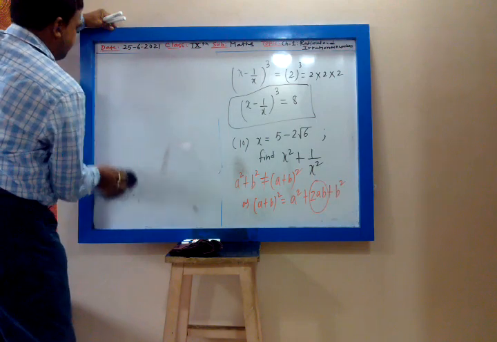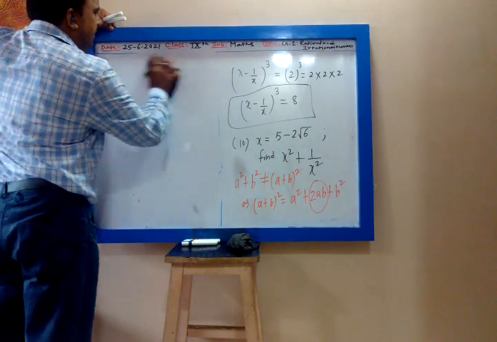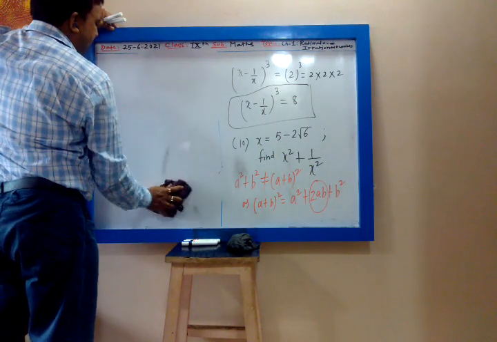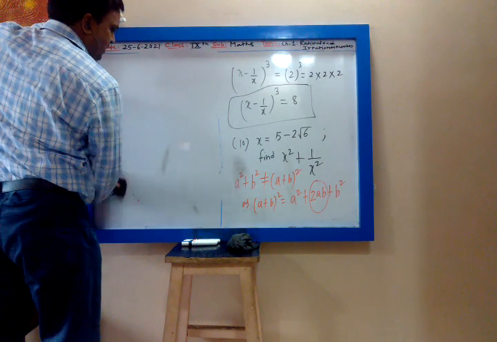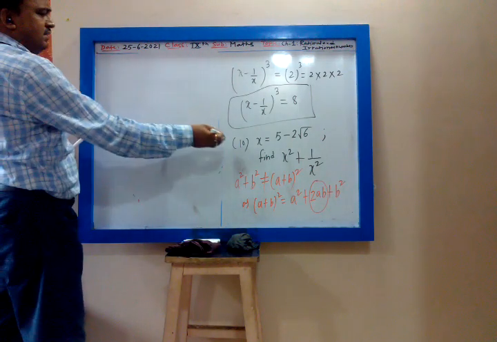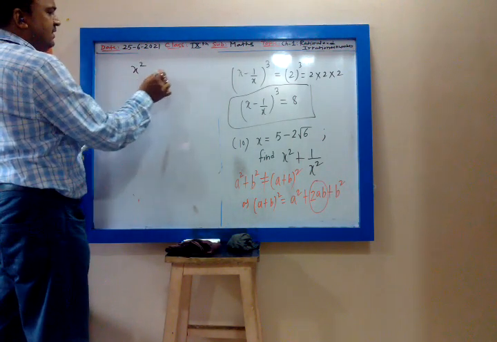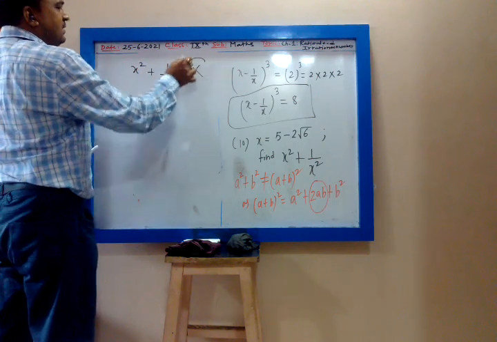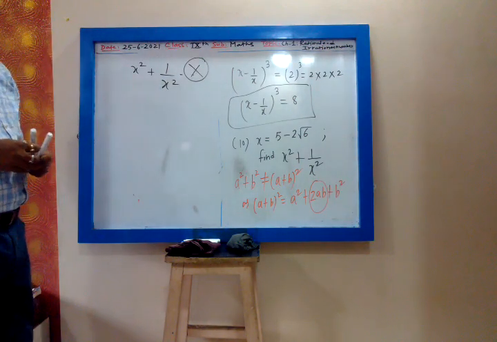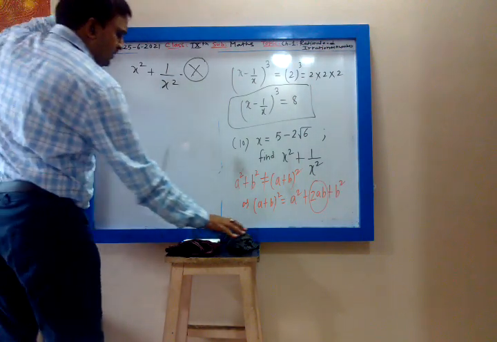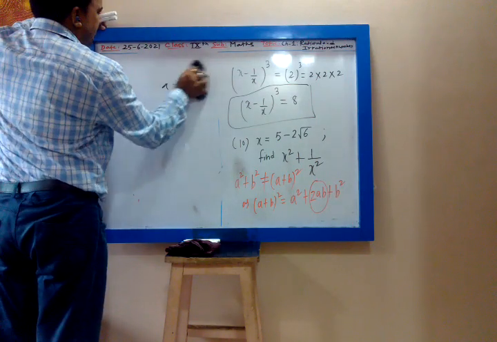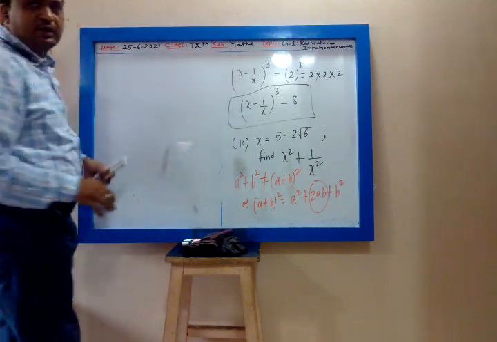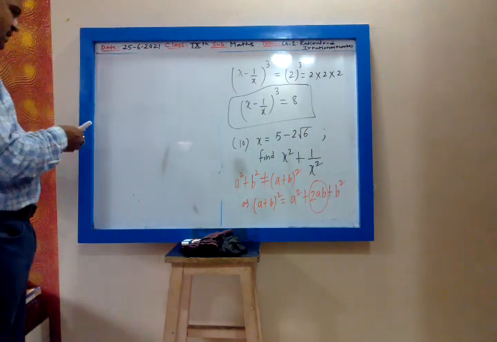So let us solve this if you want. So first we find 1 upon x, because you can see 1 upon x square. So don't directly square it. Some of the students, they find x square, then they take reciprocal, then they add, and then they simplify. Calculation becomes complicated. Don't directly square and add them. So your first job will be to find 1 upon x.